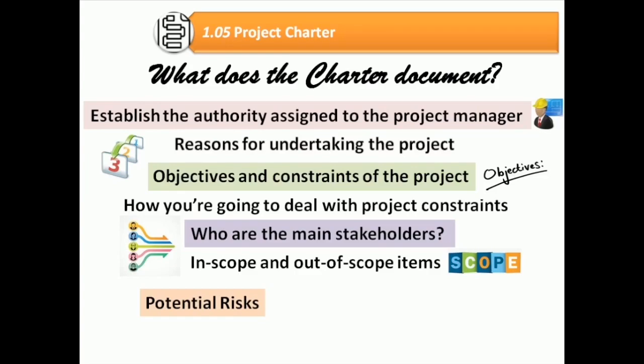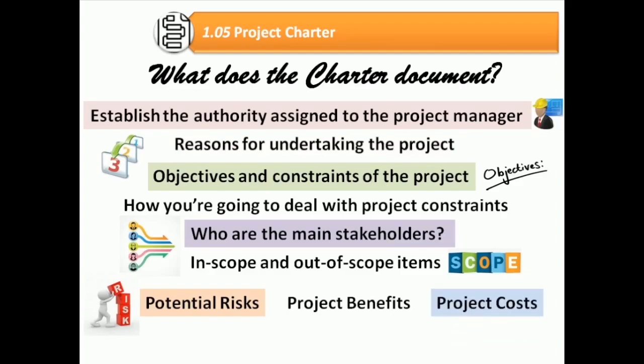This is followed by a risk register and risk management plan. Project benefits. List down the benefits of the project. It's a good way to sell the project to the sponsors and the key stakeholders. Project costs. It's very important to have a budget of the project ready so that everybody knows how much it is going to cost them in order to put in their efforts.